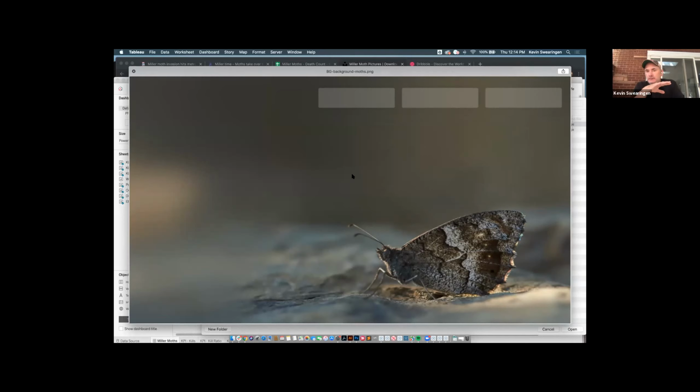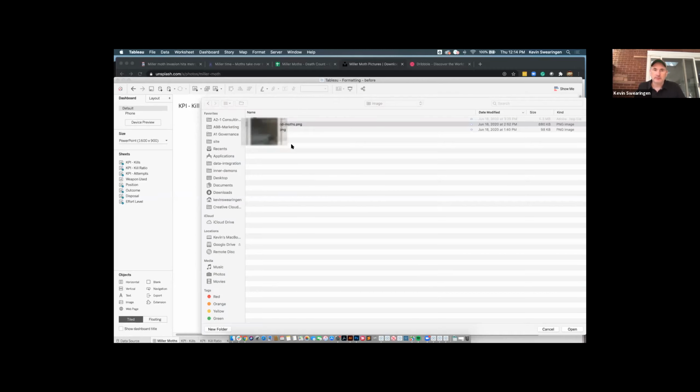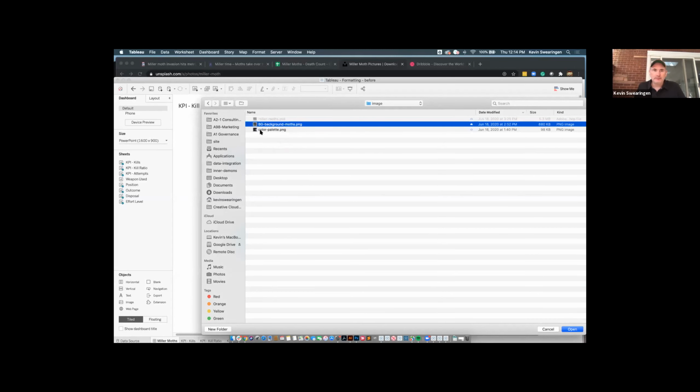But as you can tell, this image is everything I talked about. It's got graphics in it, but it's got a lot of place for my data to live and breathe where it doesn't interfere. So if the image doesn't help your data story, it hurts your data story. And that's really critical to keep in mind. And then the other thing I did